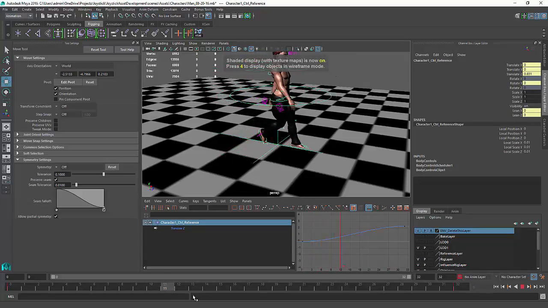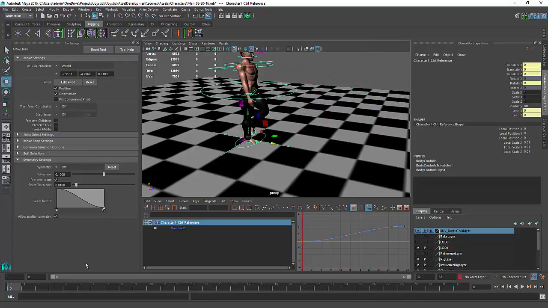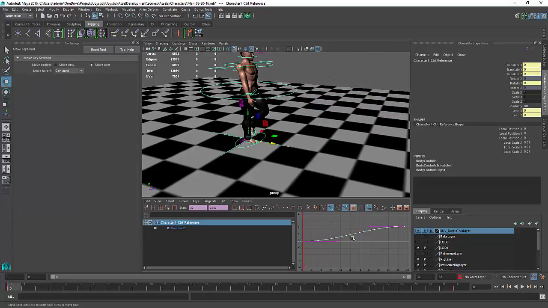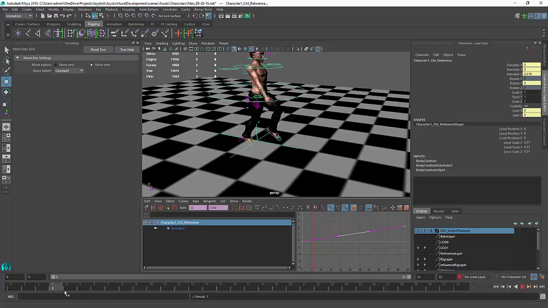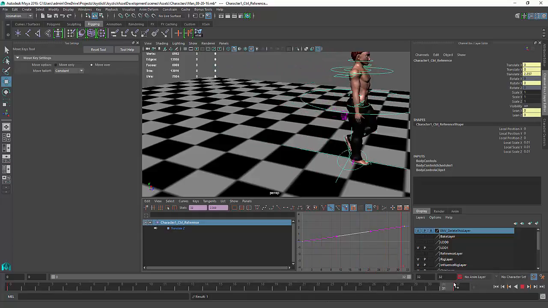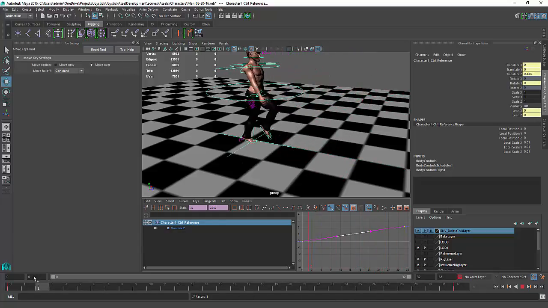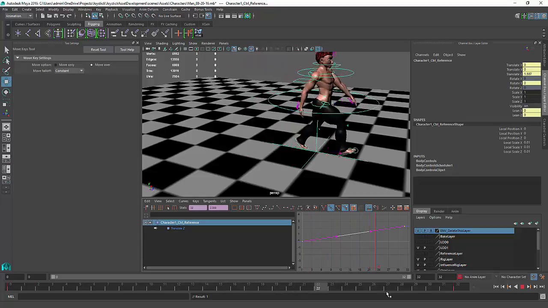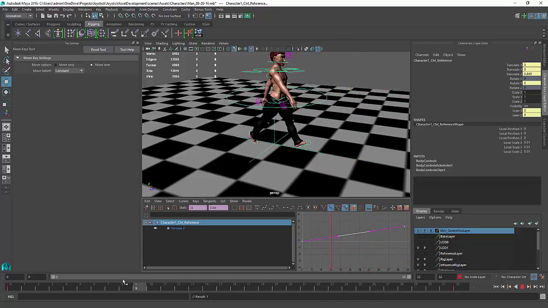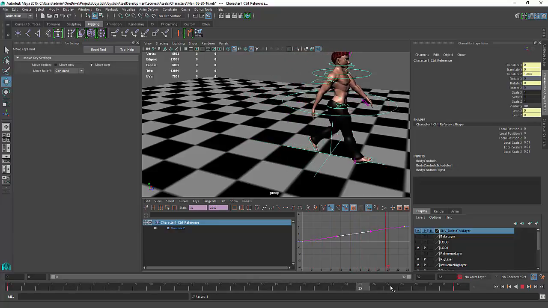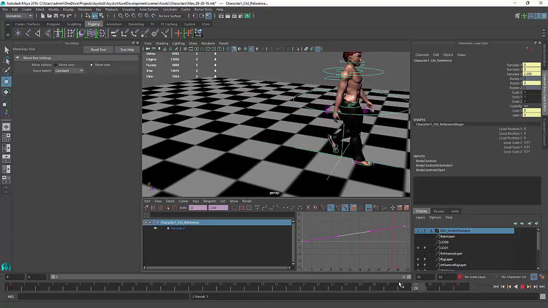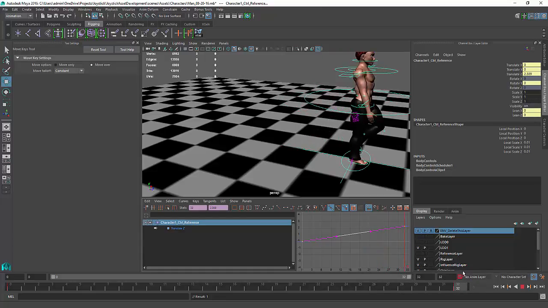Get my texture up and kind of look at it. Alright, yeah, that's probably about right. Now, you want this curve to be linear because you want that character to travel consistently. Okay, so if you'll notice, just right at the end there, it's probably happening everywhere else too, his foot slides